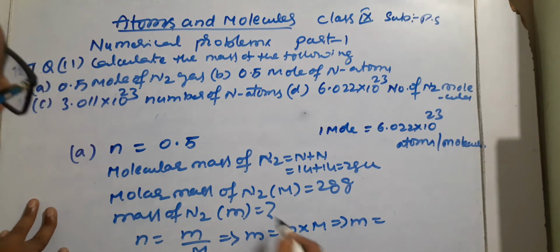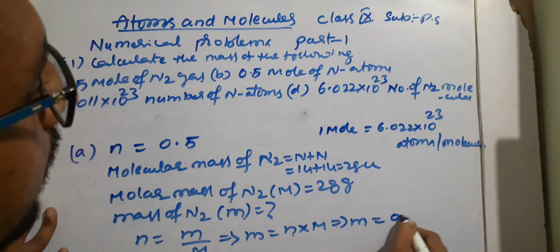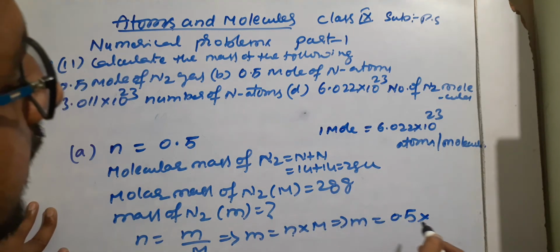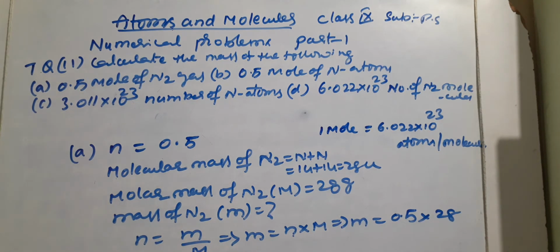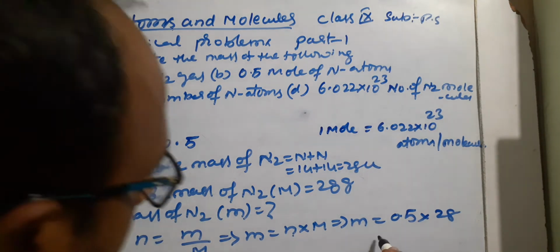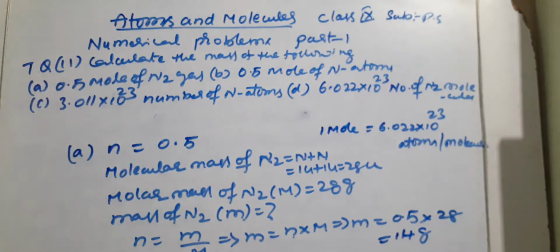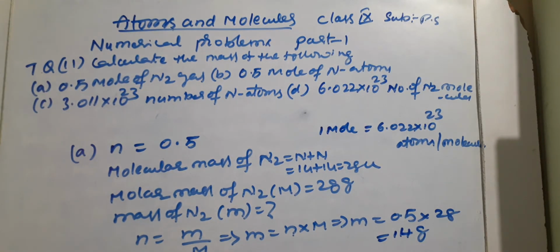So small m is equal to the n value, number of moles given, students, 0.5, and capital M came 28 grams. So small m is equal to 0.5 multiplied by 28 grams, and we can get 14 grams, students. So now